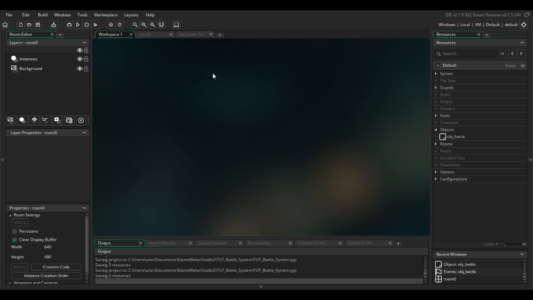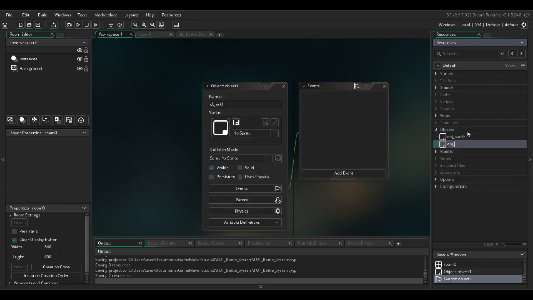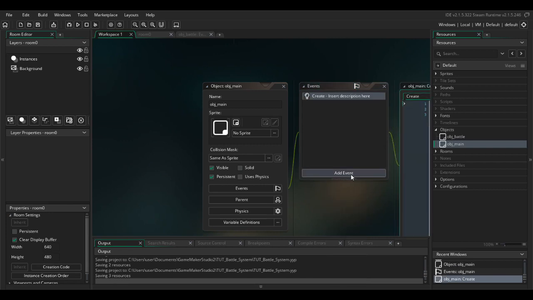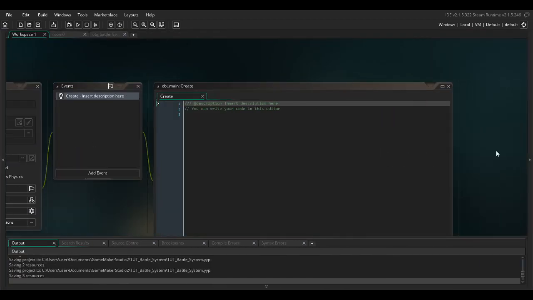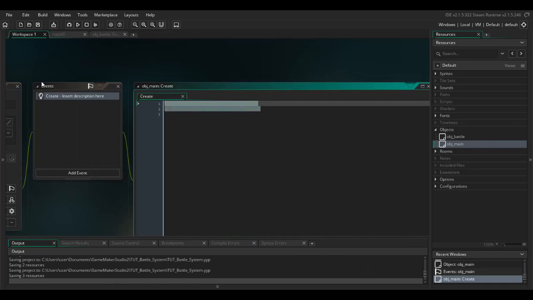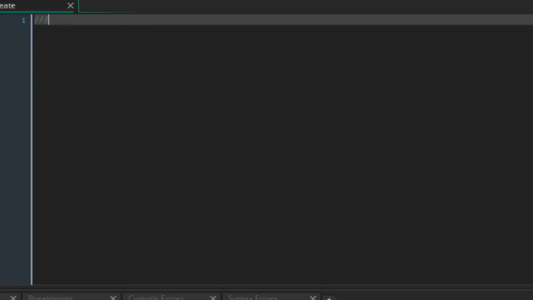So the first thing we're going to do is create a new object. We're going to call it obj_main, and we're going to click on the persistent box like that, and in the create event of this new object, we're going to say create magic array,